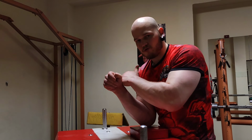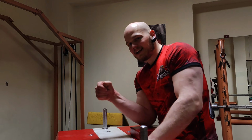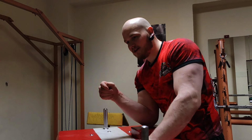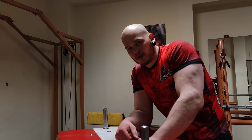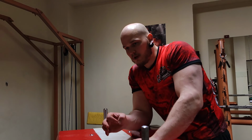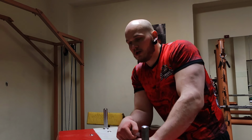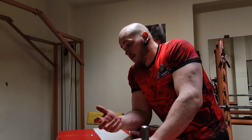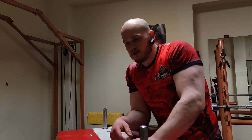So when someone tries to hook you or press you, you can withstand that pressure. Here it's a little bit more side pressure, but still it's pretty good. It's for my style of pulling, through side pressure, through a lot of pronation. And I haven't been training my pronation in the right arm very much last year, if any, because I was